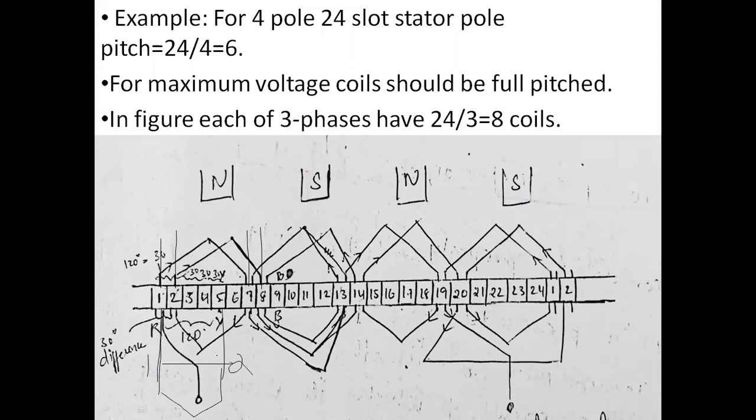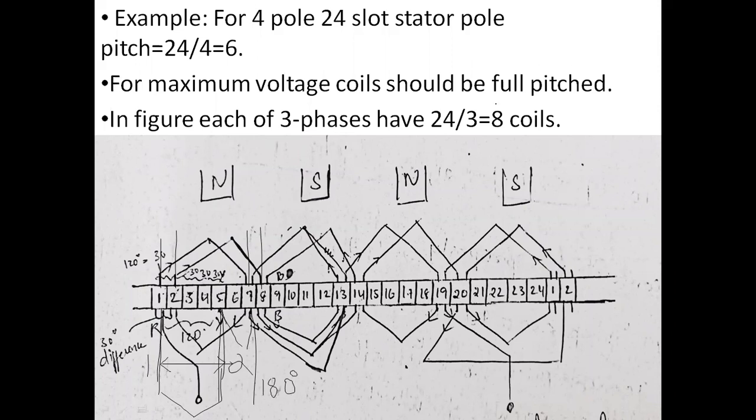Now, what is the coil span here? Actually, if you end the coil's second side on the 7th slot, then it is said to be full pitch. That means 180 degrees apart. The angle between the two sides is 180 degrees. Now, if the coil ends at 5 only, what happens? It will be lagging, right? Actually it should end at the 7th slot, but it ended earlier, only at the 5th slot. So it is said to be short pitch.